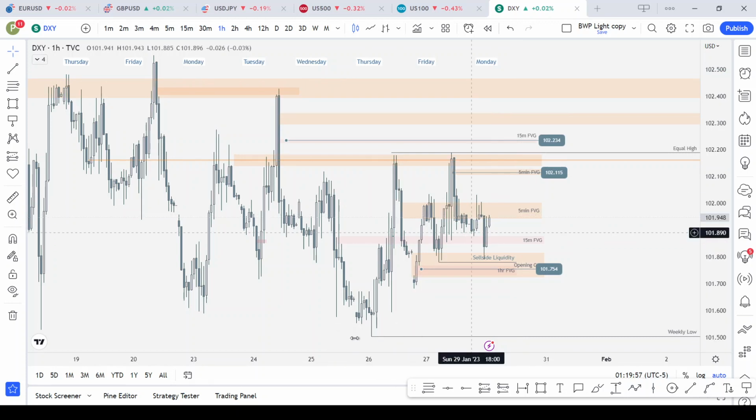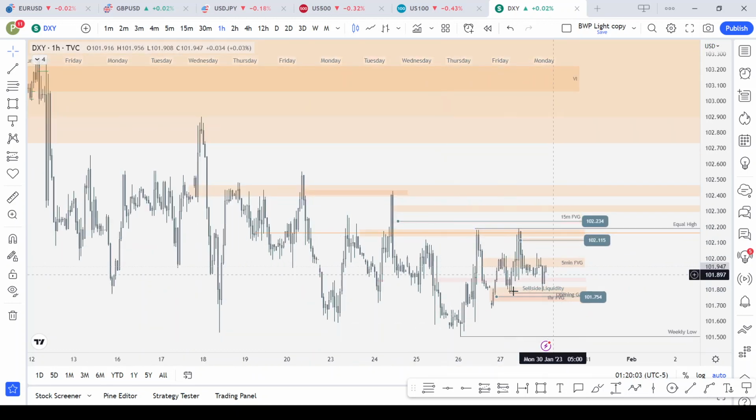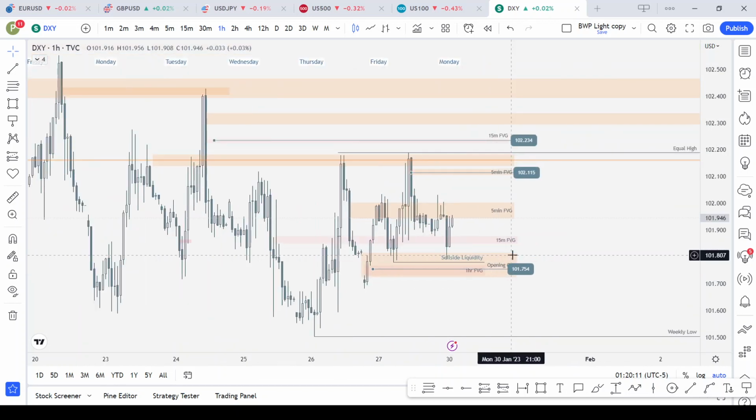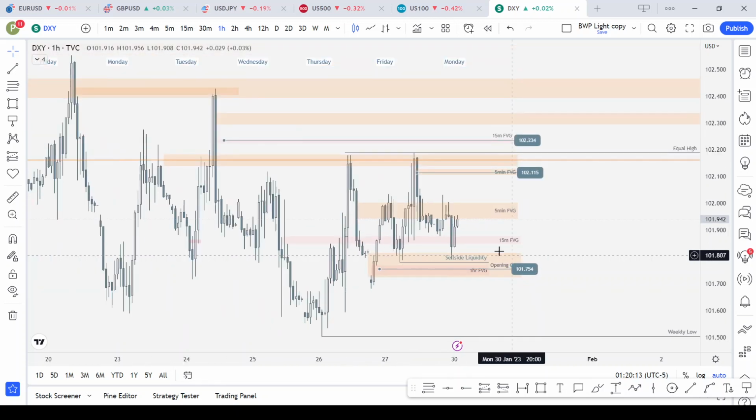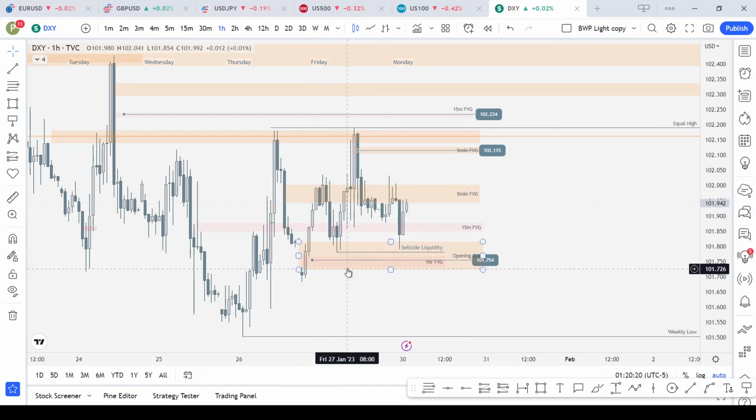But this liquidity down here, it looks very likely that it is going to be taken. So perhaps the market is going to build liquidity down first before it then rallies up to this level and then drops back down to take the liquidity. I don't know, but when it goes to low time frame, we should have an idea of what is likely going to happen. But the important level to pay attention to for this week is